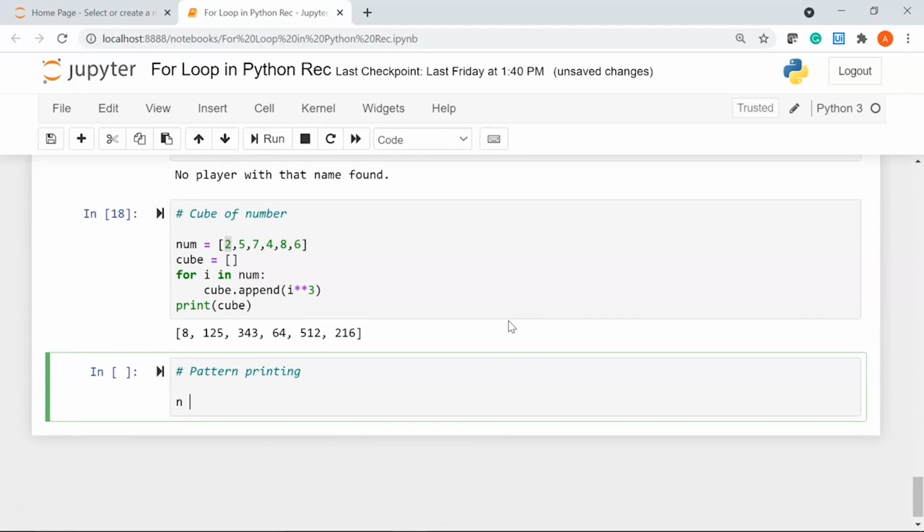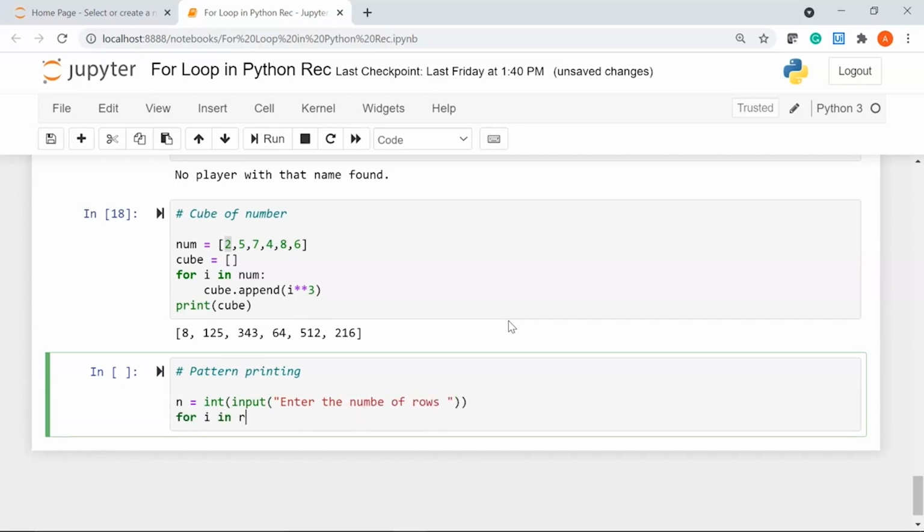For that I'm going to take my first variable called n, which is going to be a user input to enter the number of rows. So using the input function I am passing the message enter the number of rows.